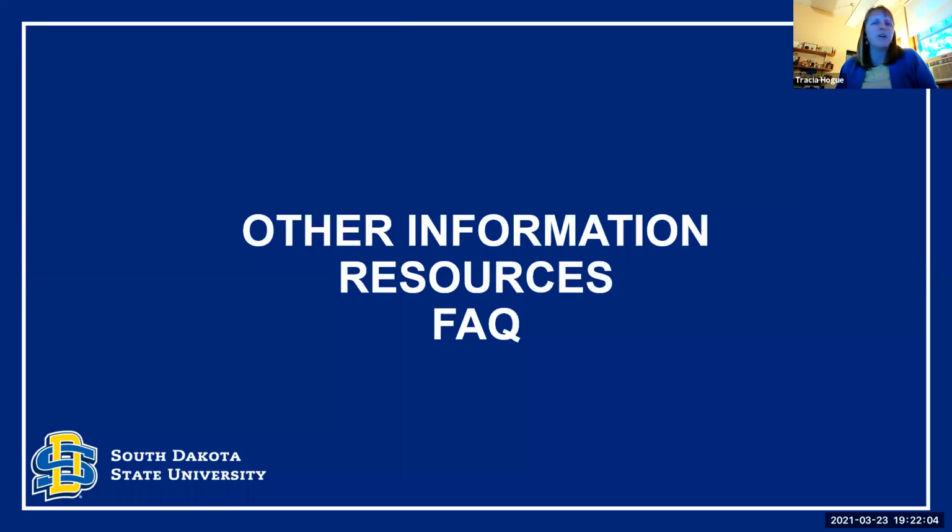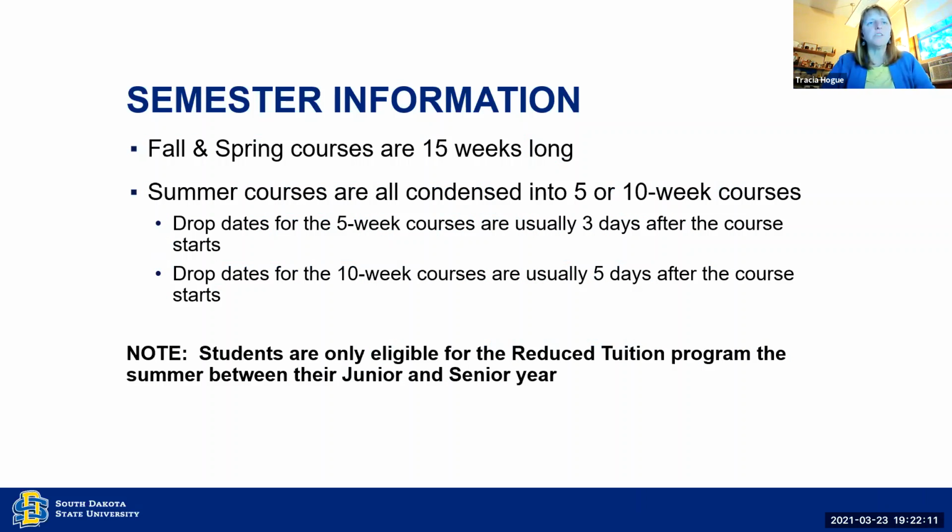Here is a little more information that I think is important to share with you about dual credit. Our fall and spring semesters are 15 weeks long. Our summer courses are condensed into 5 or 10-week courses. And I bring this up not to discourage students from taking summer courses, just to make them aware that this